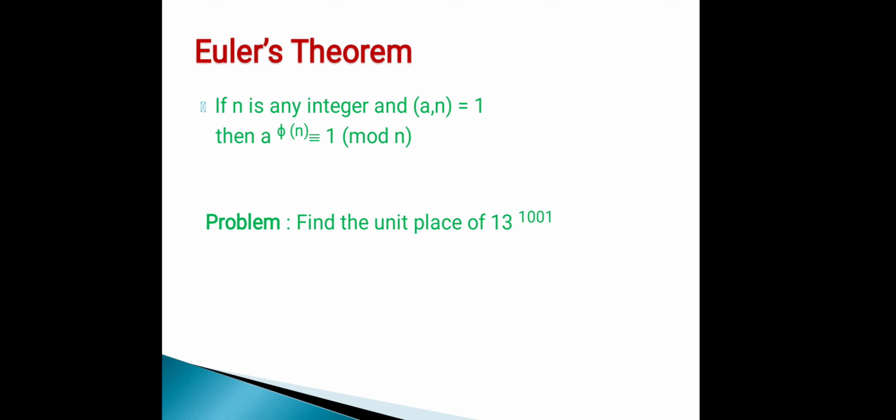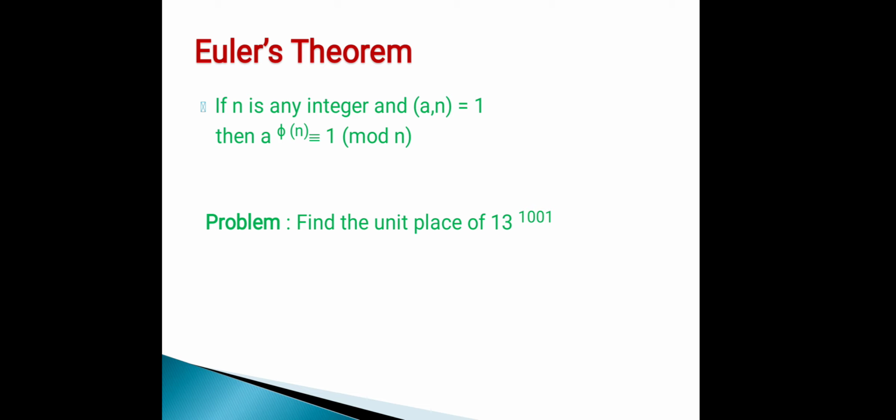Okay, let's start. First I would like to explain the statement of the theorem, and I wish to solve some problems using this theorem. So, the statement of Euler's theorem is: if n is any integer and the GCD of a and n is 1, then a to the power phi of n is congruent to 1 mod n,